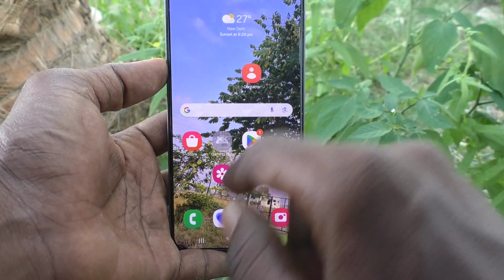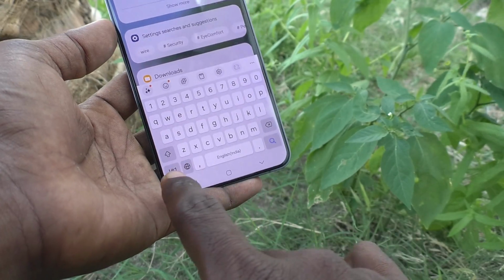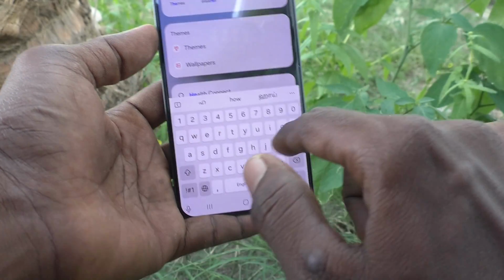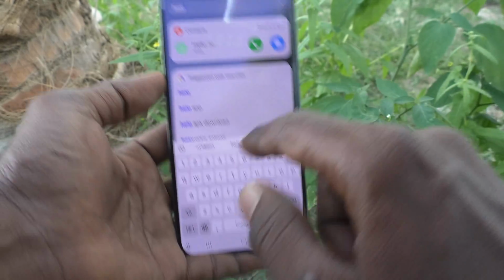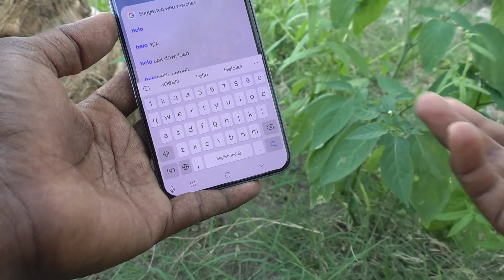So to use this language in keyboard, go to keyboard interface, typing interface, and here English is available. Okay, you can type in English like hello. Okay, I typed. Suppose if you want to use another language that you have added like Tamil and other language,